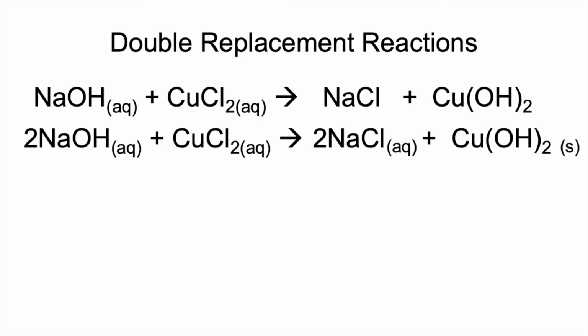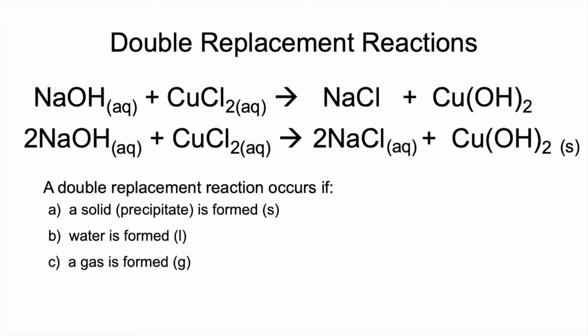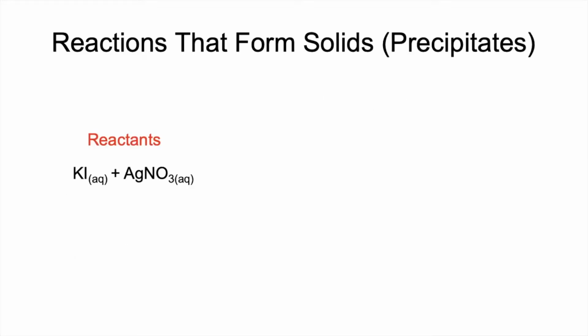precipitate. In order for a double replacement reaction to occur, a solid precipitate must be formed, water must be formed, or a gas must be formed. We're going to start by focusing on reactions that form solid precipitates. So let's say we have aqueous potassium iodide reacting with aqueous silver nitrate. In a double replacement reaction, it will form the products potassium nitrate, which is aqueous, and silver iodide, which is